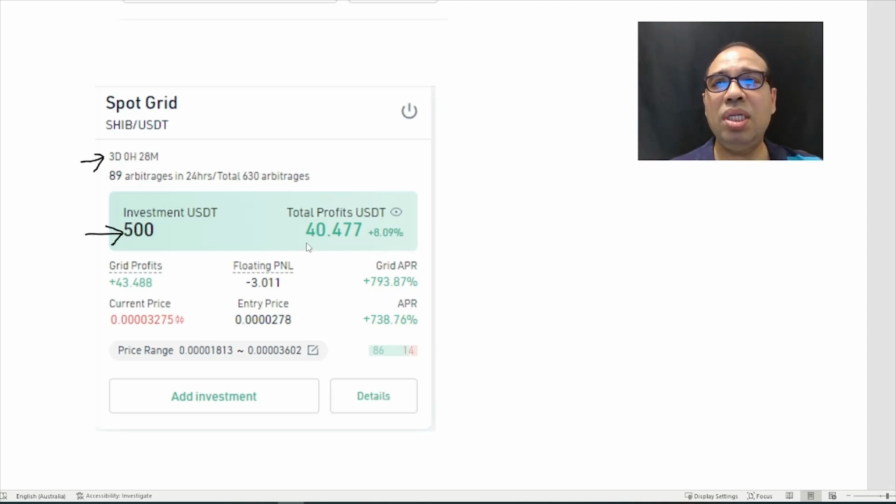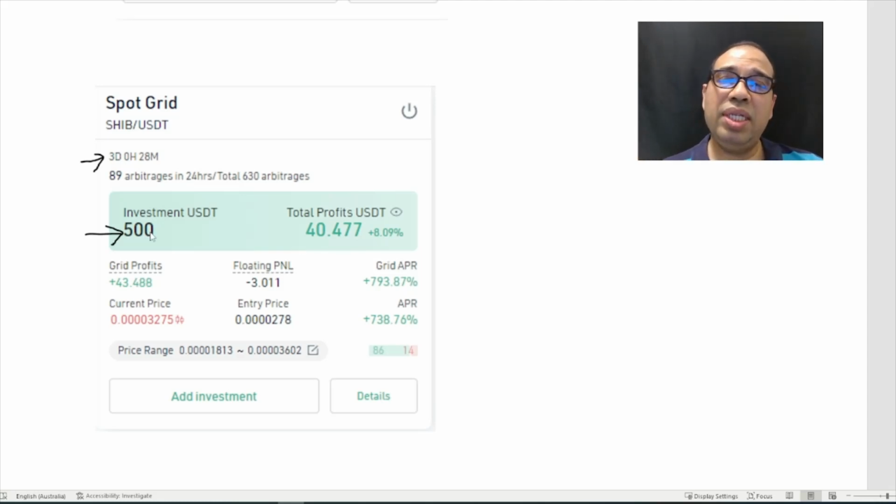So not necessarily the more money you put in, the more money it's going to give. That's the wrong analogy. It all depends on how the arbitrage is working, which basically means how the coin is fluctuating, how volatile it is. The more volatile, the more money you make. We can't really predict how it's actually going to happen. So the best is to split the risk across very small amounts, so that even if it goes out of range, you're not going to worry too much about it.